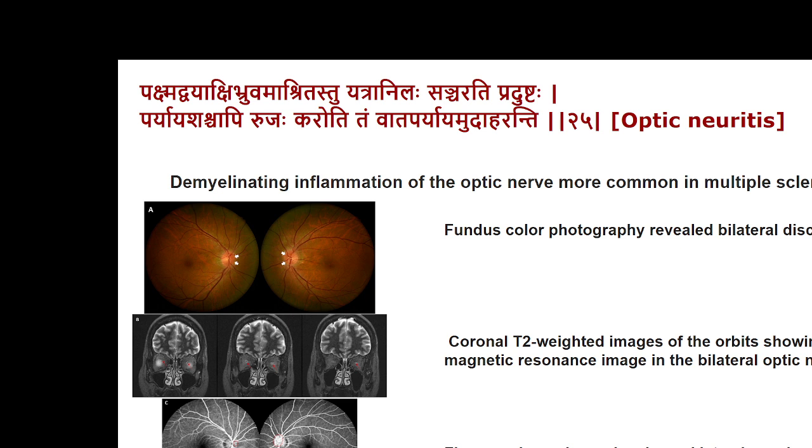In the Dristigata Vyadhi, Sushruta refers to the same issue, but in that condition the movements of the eyebrows may not be affected, whereas in one of the categories of optic neuritis, which involves the trigeminal nerve also, the movements of the eyeball could be affected. The confirmation would be by either fundal color photography, which can show the disc edema, or by fluorescein angiography, which is also the standard protocol, where the vessels can show leakages, or now MRI scan is also another way of making the diagnosis